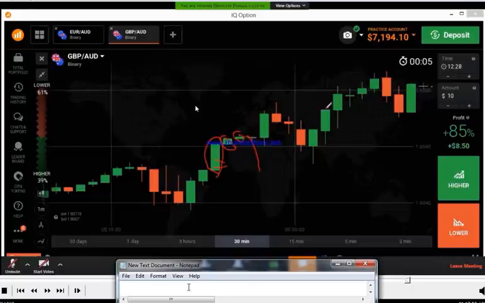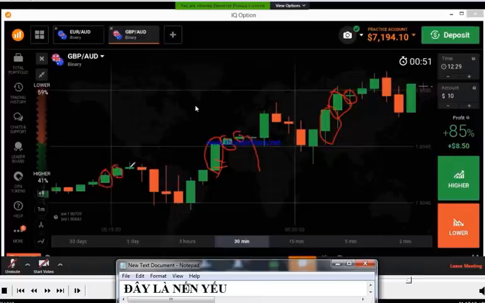You can see this is a strong candle, this is a very weak candle, this is not a weak candle, because you can't take this as a weak candle. The weak candle will form like this. This is a very strong candle, this is a very weak candle than this, and this is a very weak candle. It means the buyers are becoming very weak at this area. So we can take this as a weak candle.